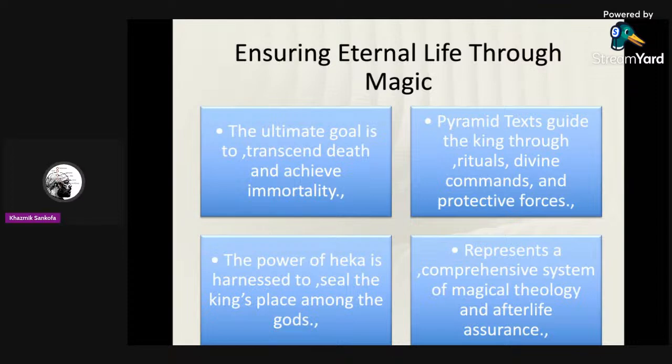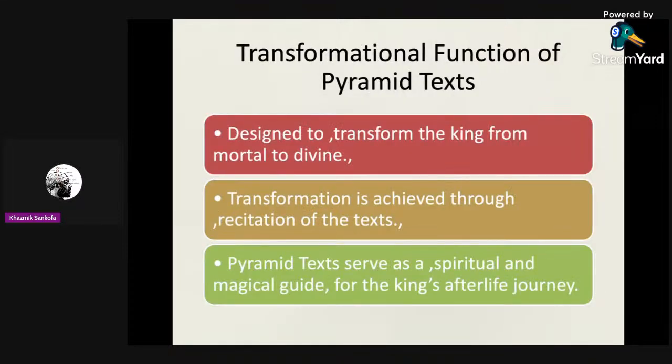You use mantra to invoke a specific energy within the self, and so we can also see the same concept, although not specifically stated so far that I found in Kemetic text, but we see the same concept here, as Heka is used to increase the initiate's spiritual power, to put the initiates as one amongst the gods, right? That's what it is, right? And see, Heka is designed to transform the king from a mortal person to a divine person. Mantra is used to transform you. Mantra is used to transform.